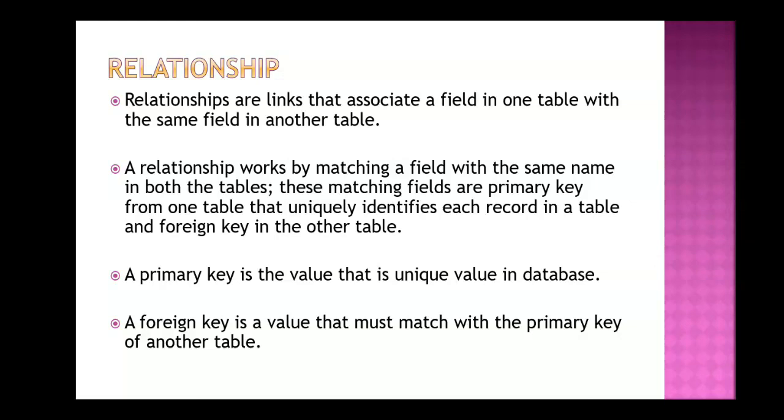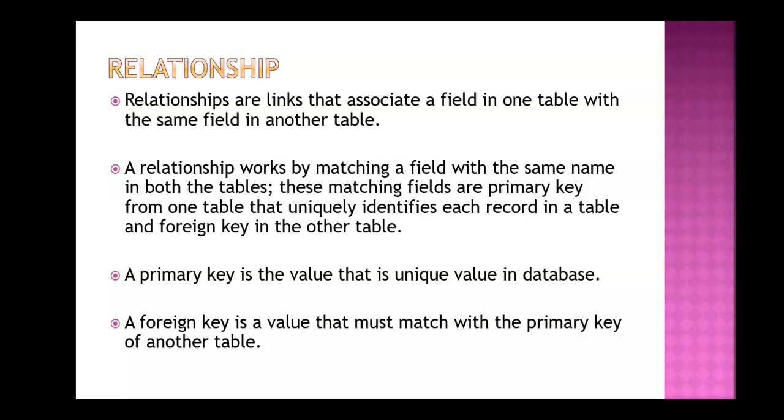When we are using the relationship, we have to be careful that when we are defining the data, the field name and data should be the same in the unique field. A primary key is a unique value in the database that should not be repeated. We can apply only one primary key in a table, and it will accept only unique values. When you enter a repeated value, it will be restricted, which prevents data duplication and data redundancy.